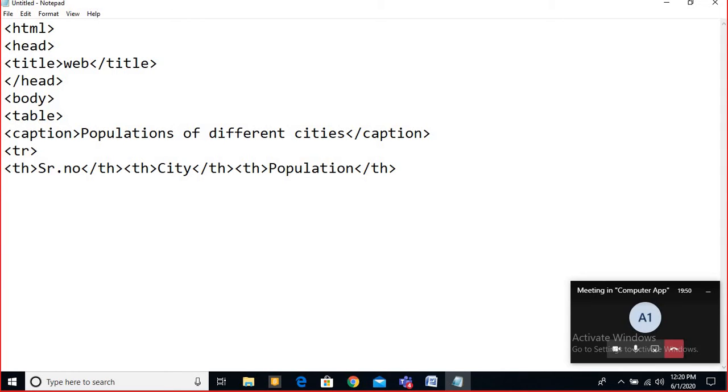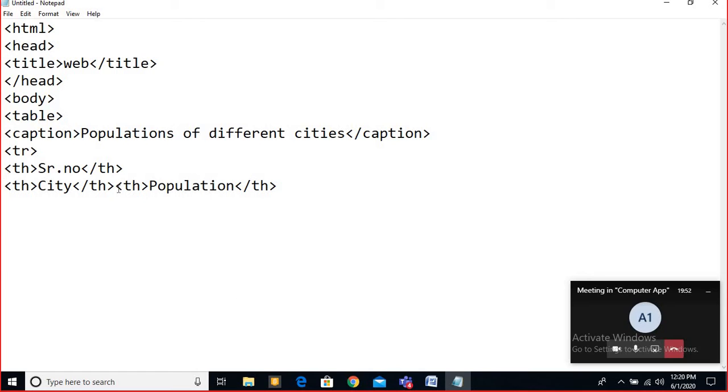You can write in that way also. Otherwise I recommend you write in the next line, because if you write horizontally then the mixture is too much, that's why it can create confusion. So better write in the next line, but it will come out as a line. Okay, so where you feel that this whole row is created, then you have to close the tr tag.